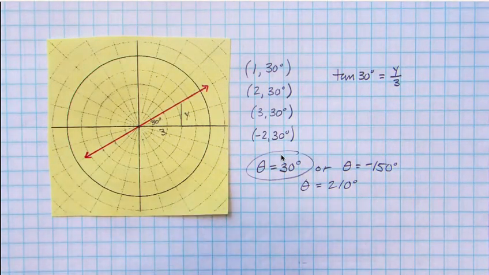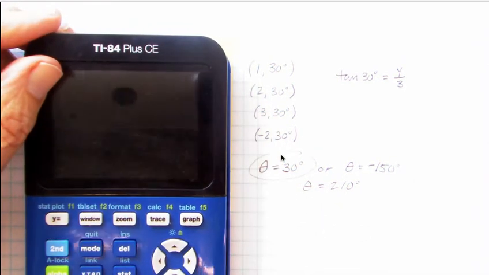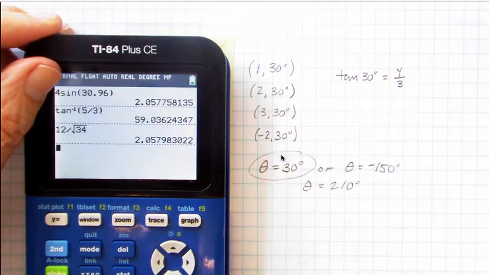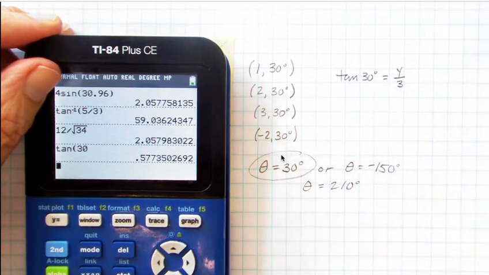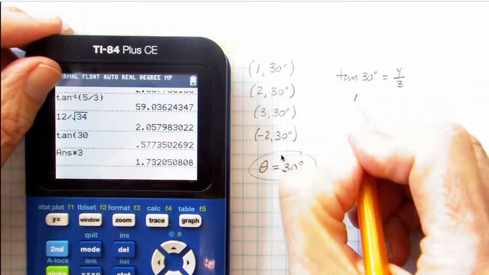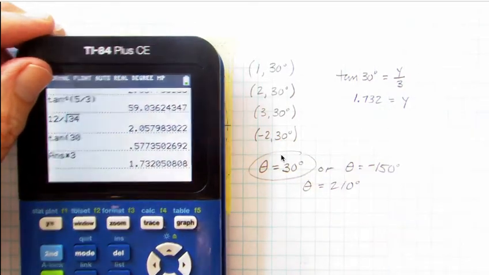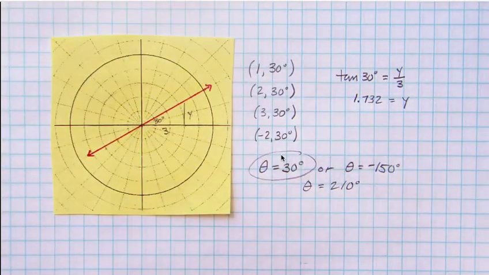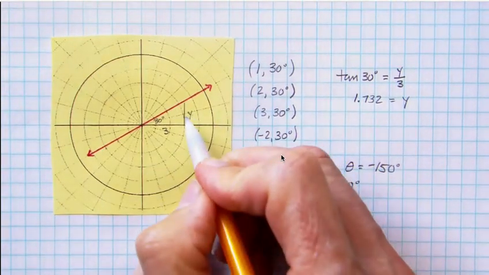the sides. But let's just say, either you've forgotten that or you'd rather just do it a little more quickly on your calculator. So we'll go tan 30, and then we're going to multiply that by 3, 3 times 3 equals about 1.732, equal to the y. Now that's not the equation of the line, mind you. That's just going to be this distance right here. So I'll cross that out and put